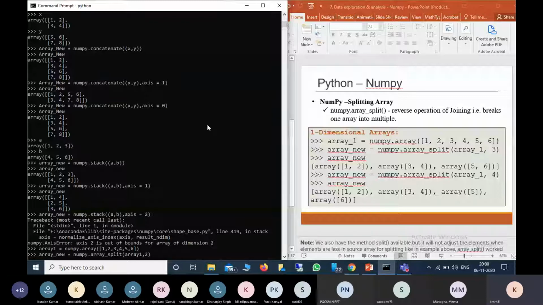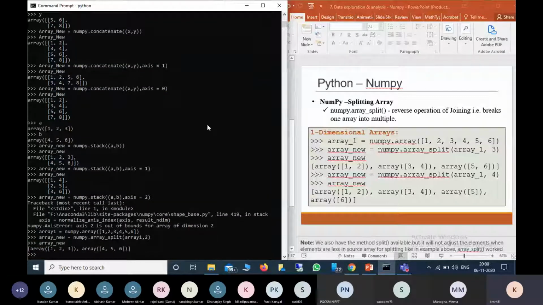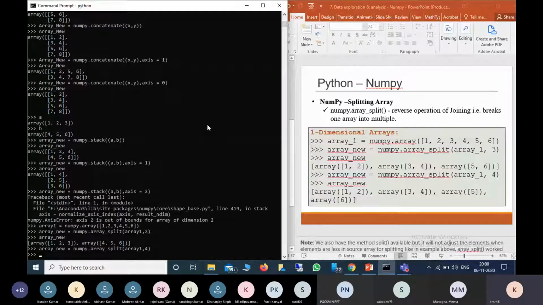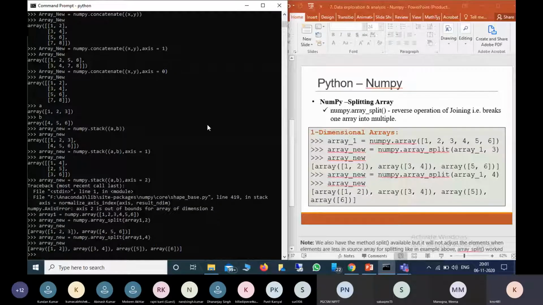Array new will divide it into two parts. For example, if I want to divide into 4 parts, it will first divide into two parts, then take 1 comma 1. So here it will adjust the elements according to the size.